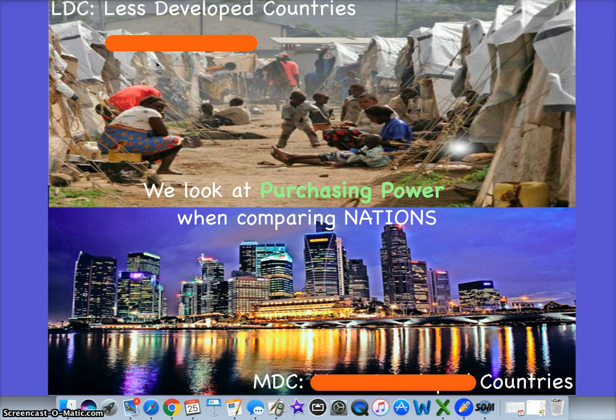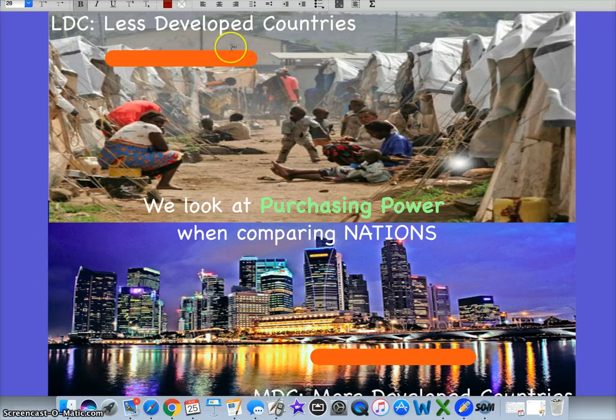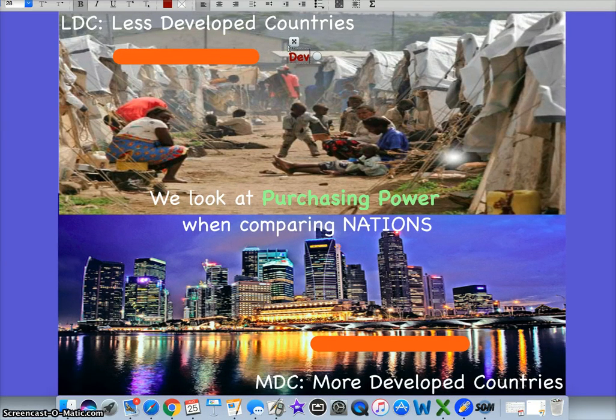And then we're going to talk about their input and output into the environment. So we're going to break them down everywhere we go. What their impact is in terms of population, waste, all the topics. And then MDC, more developed. They also reference them as developing countries, so you want to add that word to less developed. So developing is the same as less developed countries, and more developed is the same as developed. Yep. Are they ever going to reference them